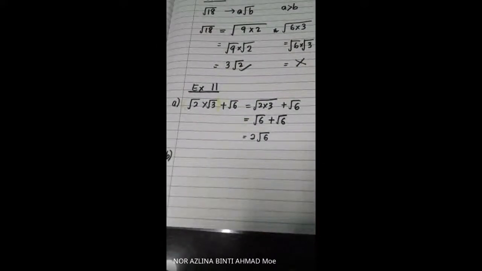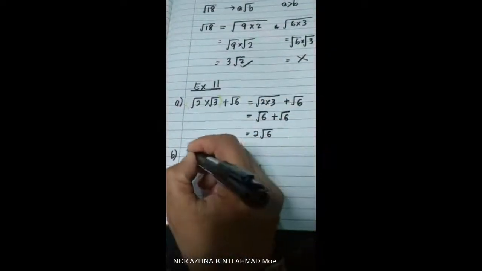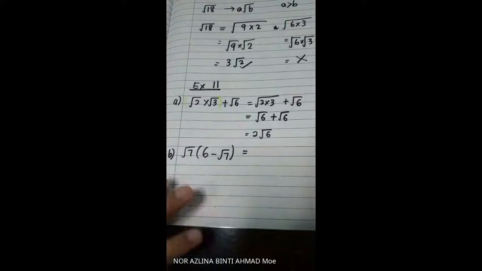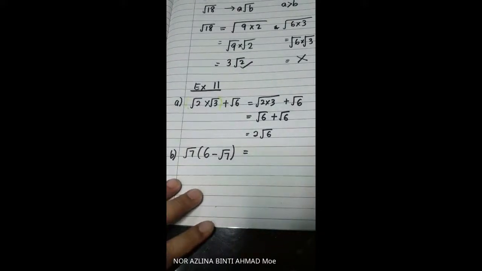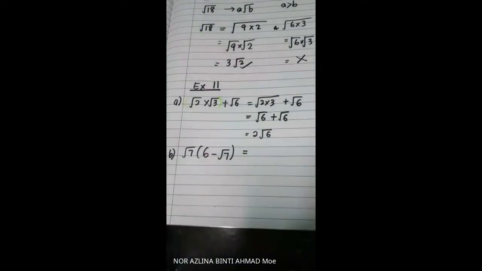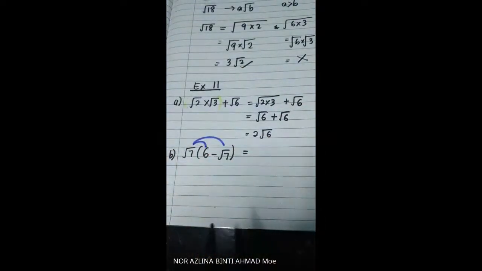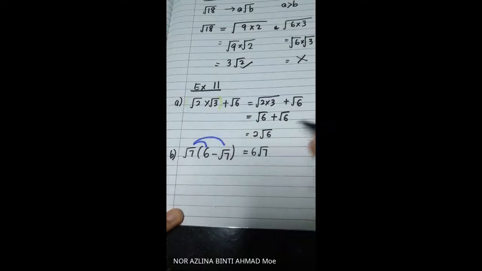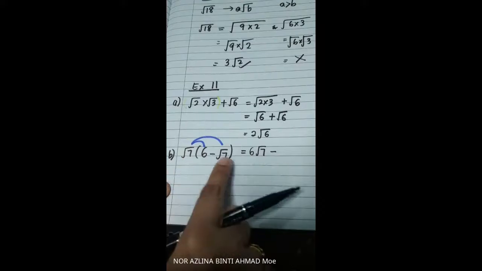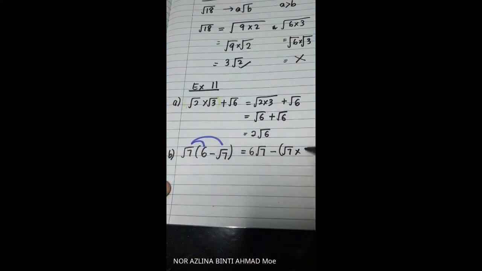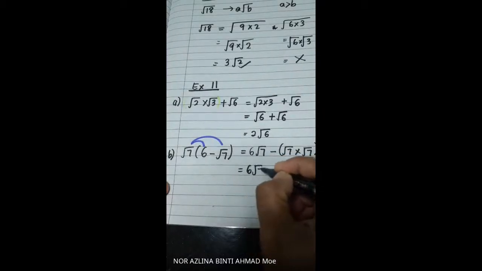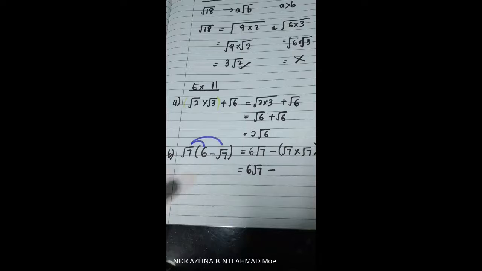Next. B. Square root 7, 6 minus square root 7. Okay. You need to expand the bracket. 6 square root 7. So this is the whole number you write in front. 6 square root 7. Minus, this is square root 7 multiply square root 7. So I write in bracket, careful when writing. So this is 6 square root 7 minus square root 7